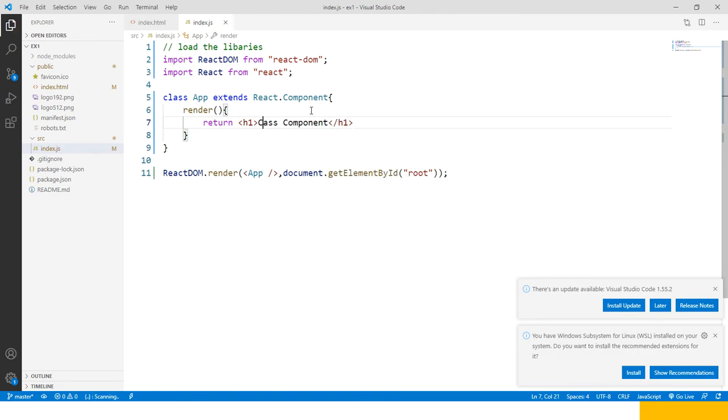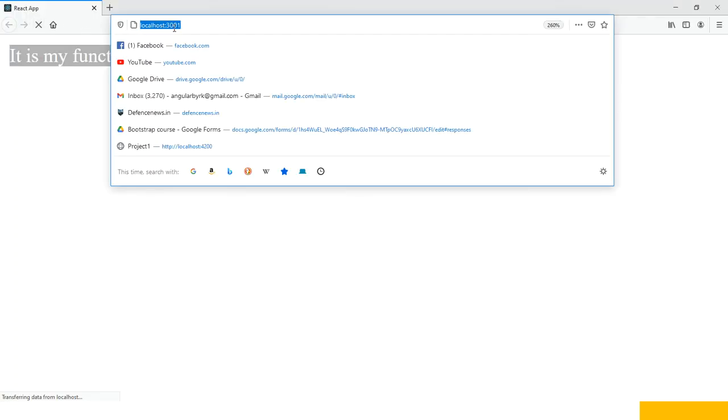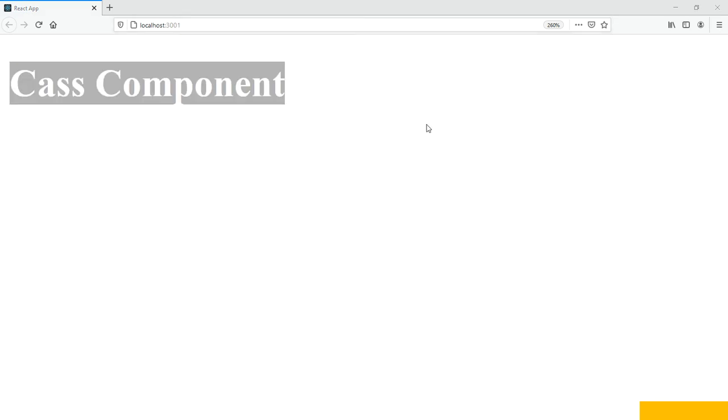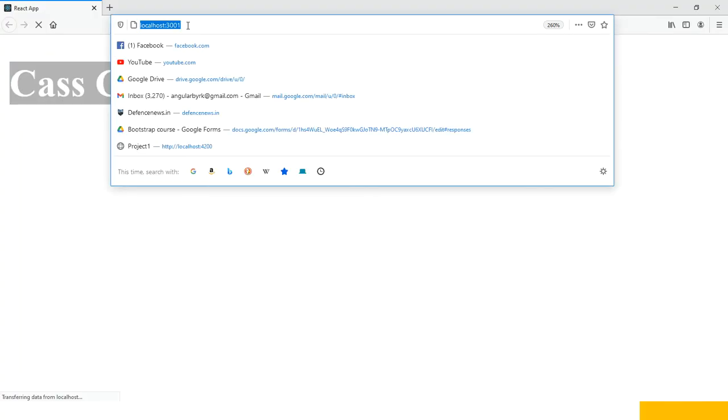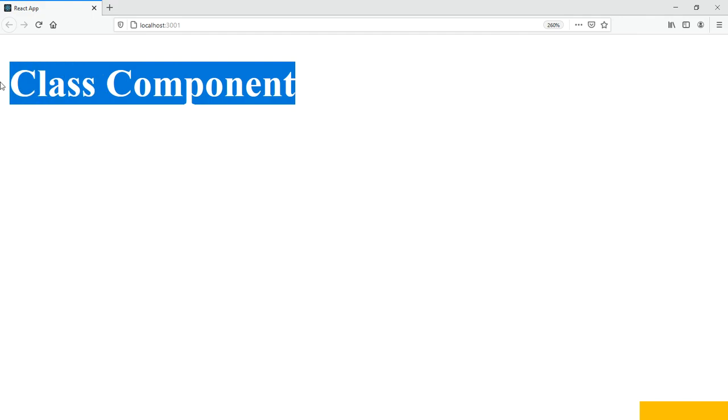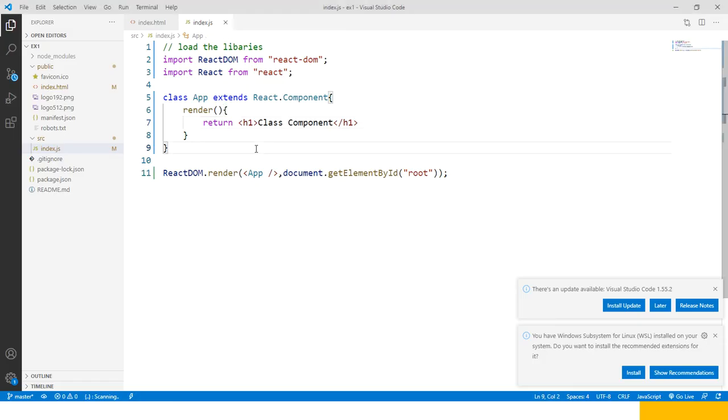So we have the component, and this component I am using here, suppose it is ABC. We need to configure the ABC. So the name we provide, your class name or your function name, is treated as an element in React. Now everything is ready. Let us verify whether we are able to see the output or not. Let us verify. See, sir, there is a spelling mistake. Yeah, class component. Let me refresh. So this is the way we can create a function component as well as a class component.